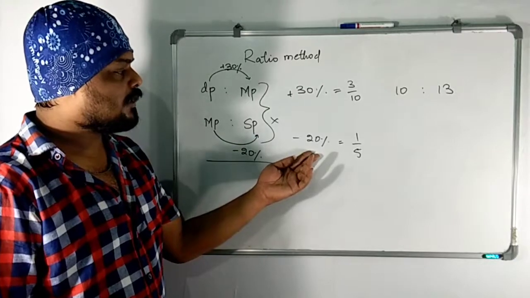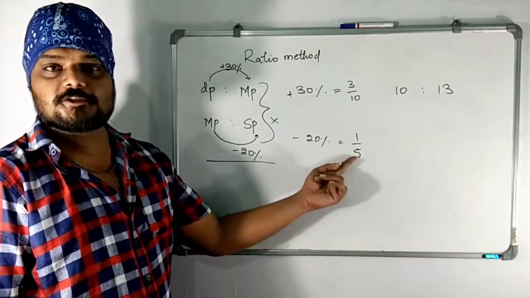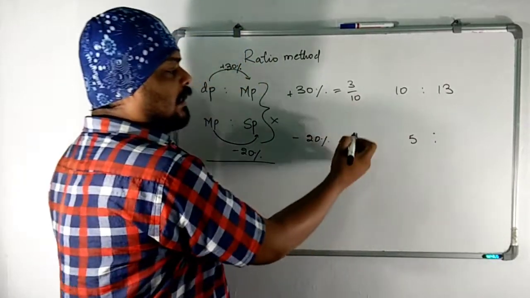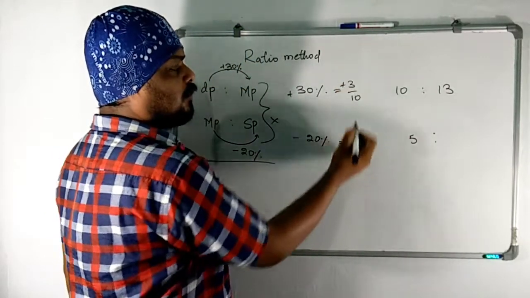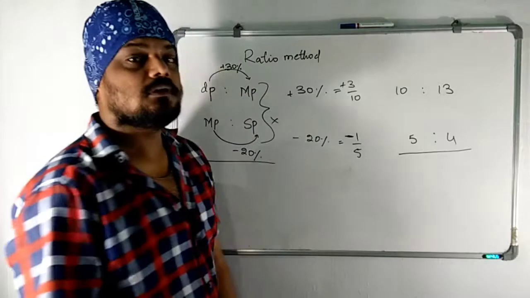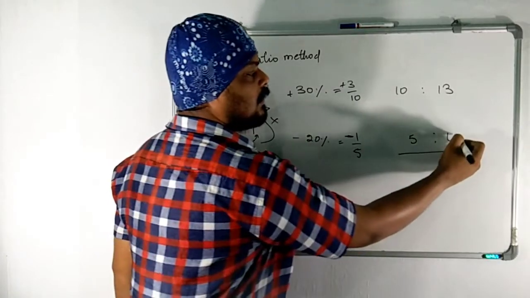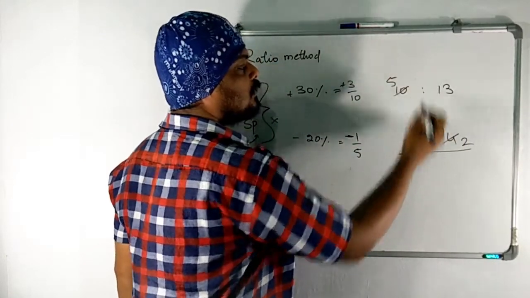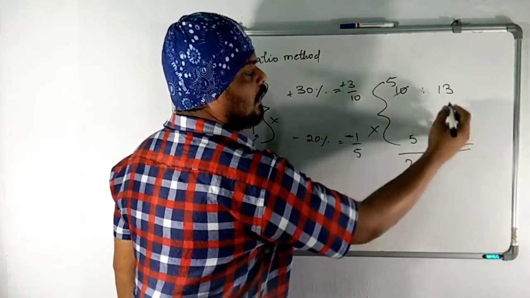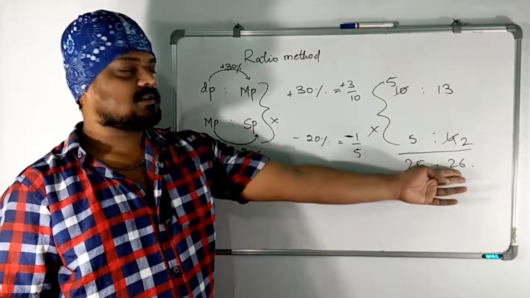Then later, what did he do? He offered a discount. Here, if we consider the market price as 5 units, after giving a discount of 1 unit, the selling price becomes 4 units. Finish. So here we just have to multiply those conditions. 2 2's are 4 and 2 5's are 5 into 5 is 25, and 13 into 2 is 26. This is the decided price or cost price, and this is the selling price now.